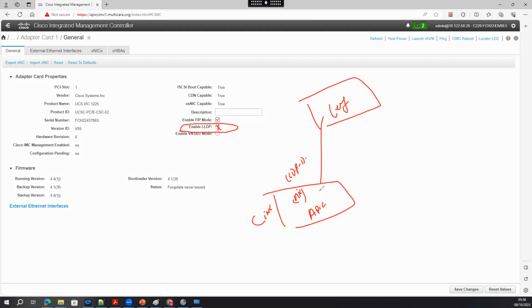The reason is that when you enable the APIC image, APIC has its own LLDP feature. It does not use the physical CIMC LLDP for discovery. If this is enabled, the discovery process won't work. So make sure that when you purchase the box, or when you upgrade or downgrade, this LLDP at the CIMC level is disabled, and at the ACI image level it is enabled.